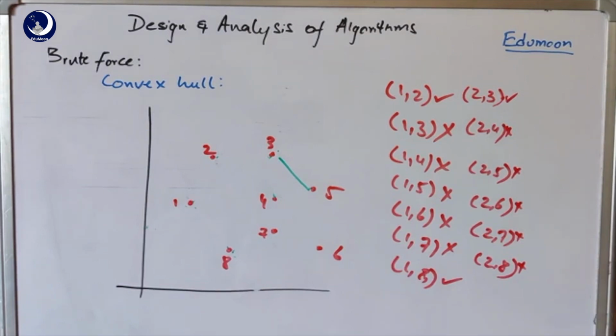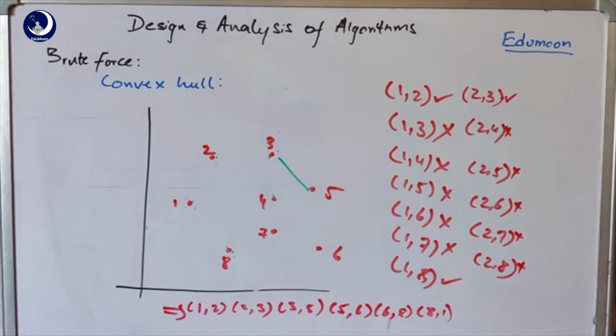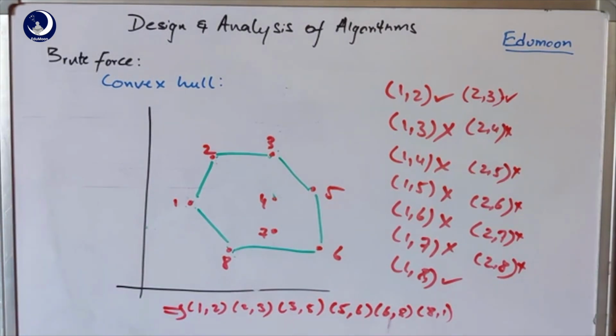And when you compare with the next point 4, with the pair 4, you can see that 4, 5, 4, 6, 4, 7, 4, 8 or any other combination doesn't work, and similarly for 7 it doesn't work. So finally it will conclude from all the points that are available, those are the lines that are present in the convex hull. So the shape is obtained in that way, where 4 and 7 are not present in the convex hull.